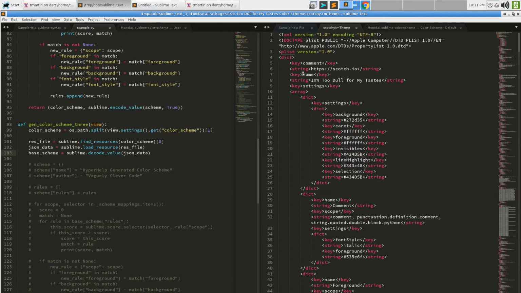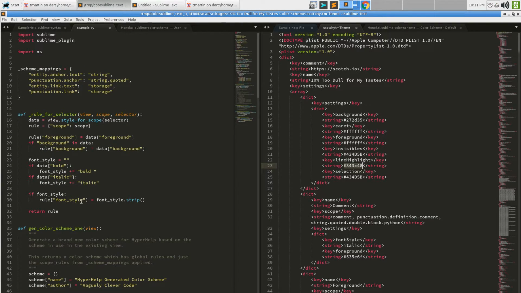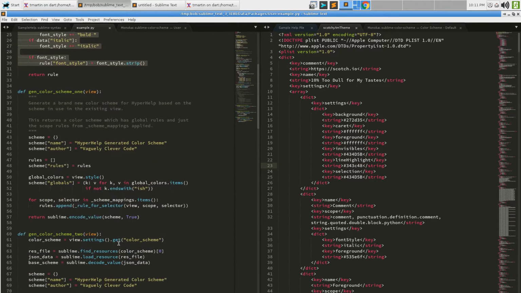The Python that's built into Sublime does in fact have the thing you can use to parse XML. Parsing XML isn't the greatest thing in the world. More importantly, as we can see in the TM theme file, all the color scheme colors are always hard-coded, if you will, color RGB hexes, which you may remember as the thing this was doing if it calls style for scope, which is in Gen Color Scheme 1, like so.